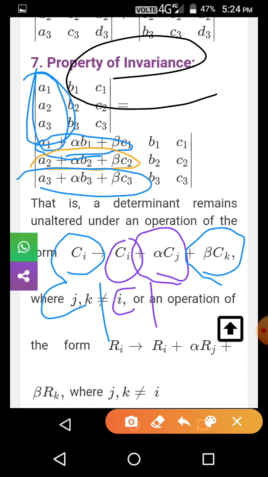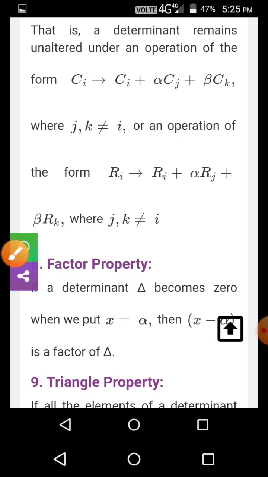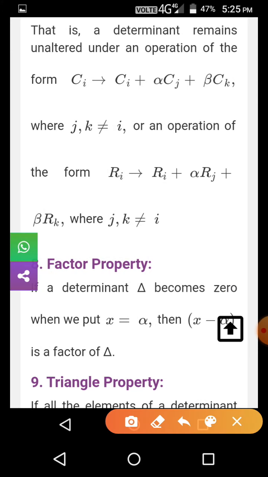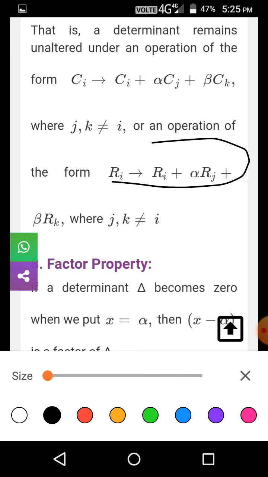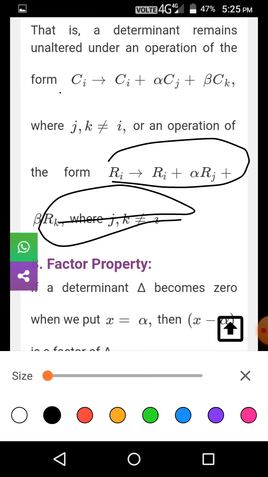Okay, the same property is written here. Similarly, you can do some operations in rows also. This property we will see in detail. Next one is